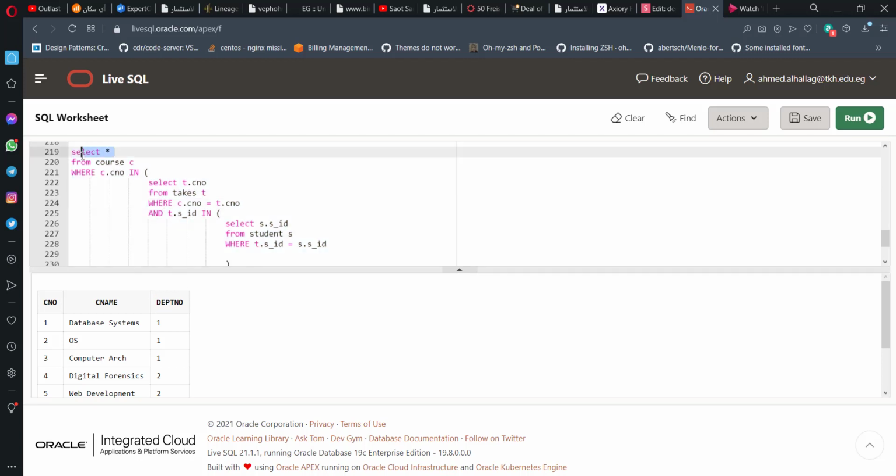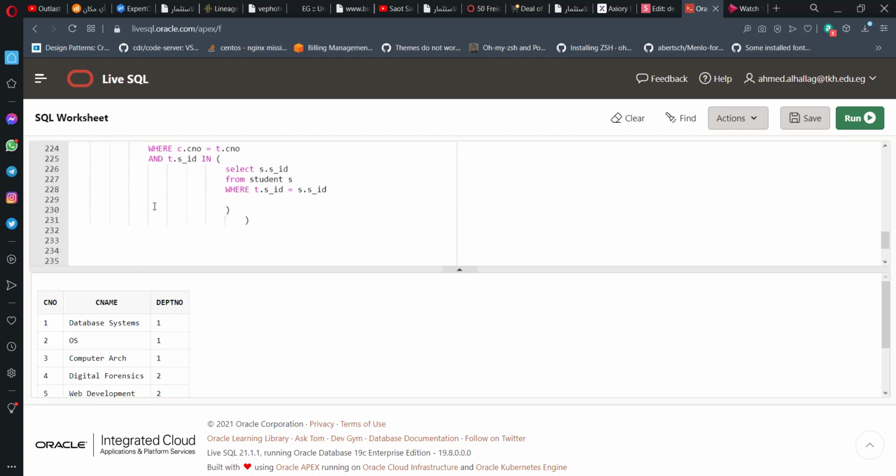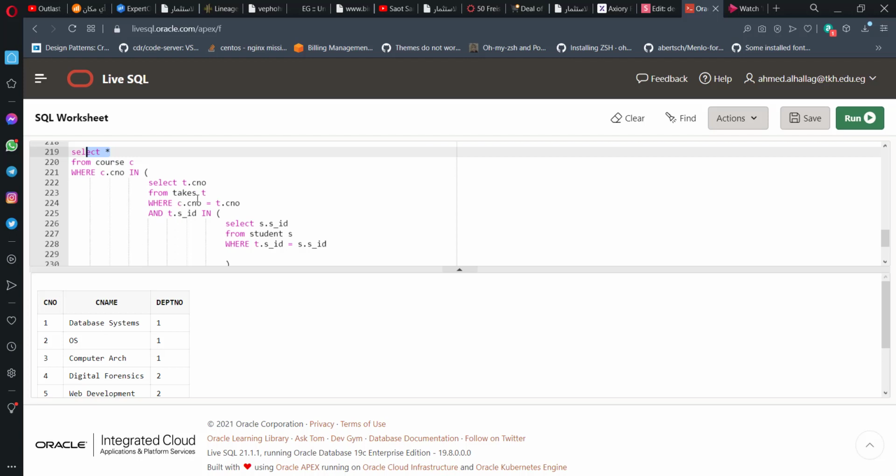Because by the end of the day, this outer query is only what gets executed, right? So we have only the columns that we get from course. Notice that we don't get any new columns from takes. We get course number, which is already in course, right? And from this query, we get SID from student, which is already in takes. So we don't really get any new additional columns than the ones in course that is displayed here, right? So we have joined course on takes and student, but it doesn't really seem that we have done so much,